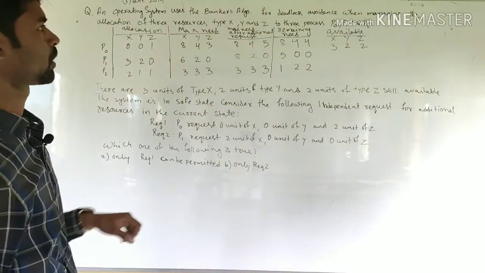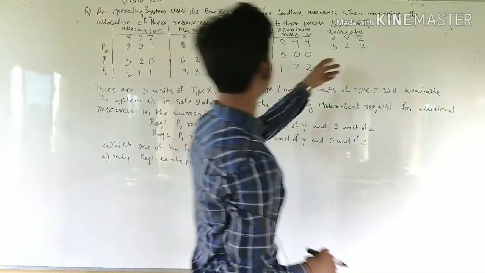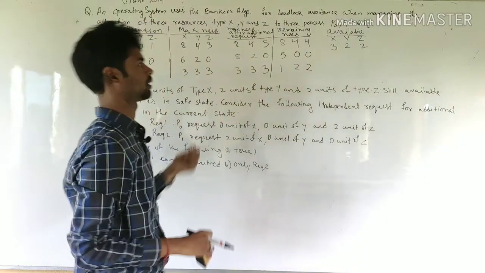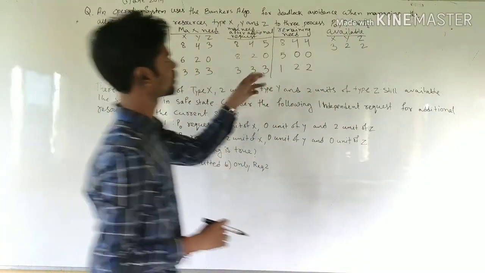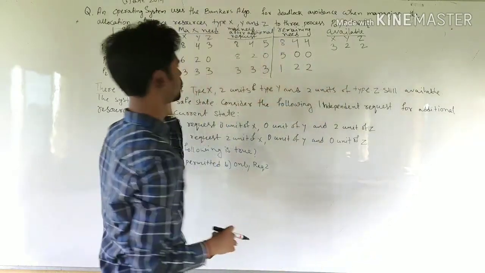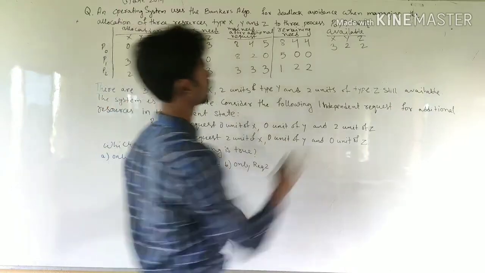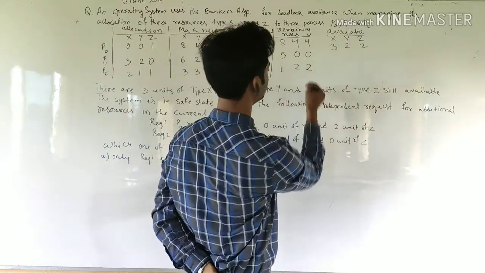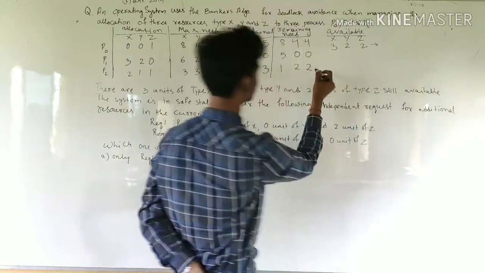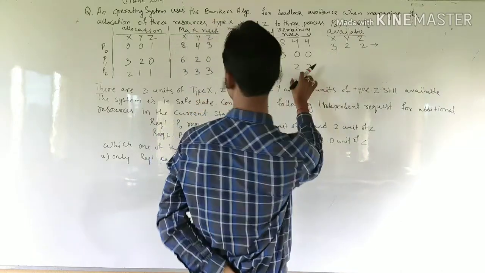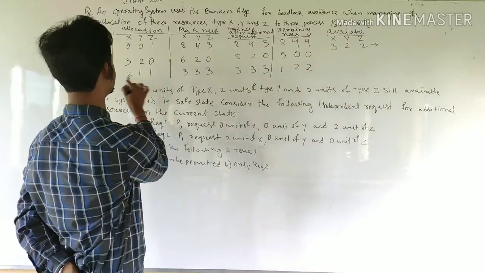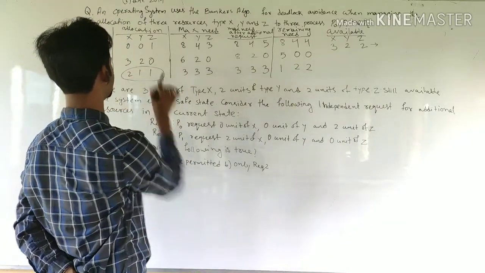In this situation, check what are the available resources and for which process we can assign those resources. So, easily you can see the available resources 3, 2, 2 we can only assign to process P2. So, assign that to process P2. After assigning, process P2 will complete its execution. Then after that it will release its current allocation.